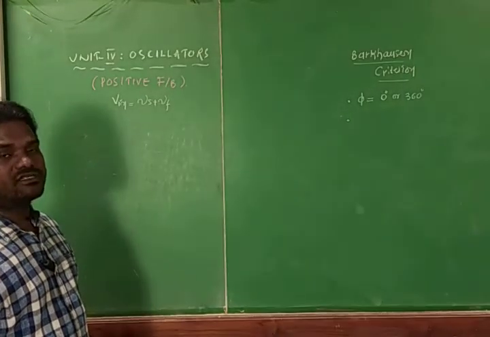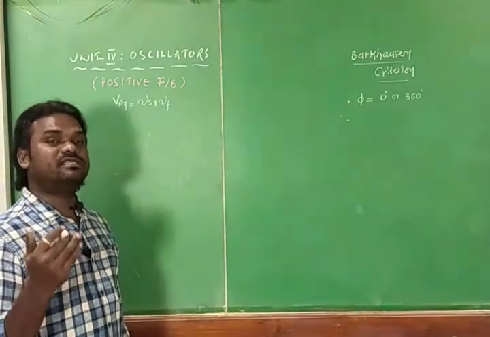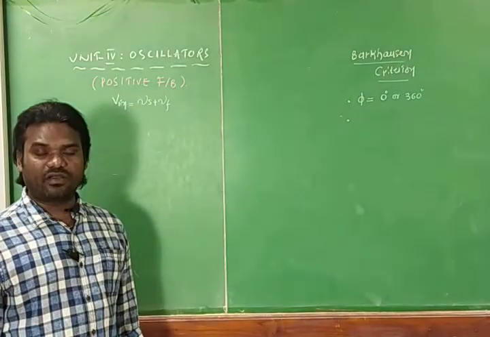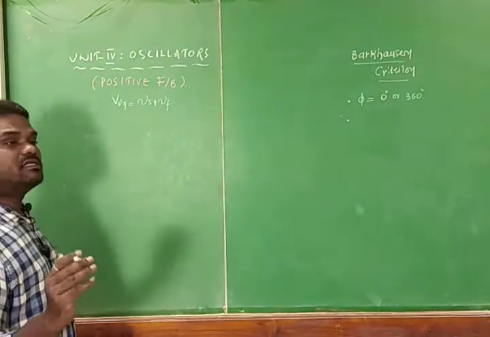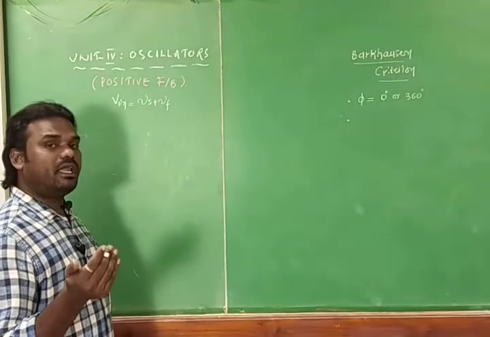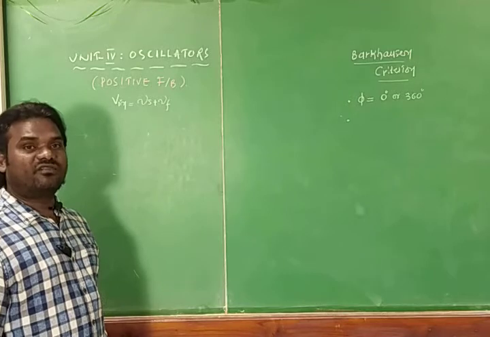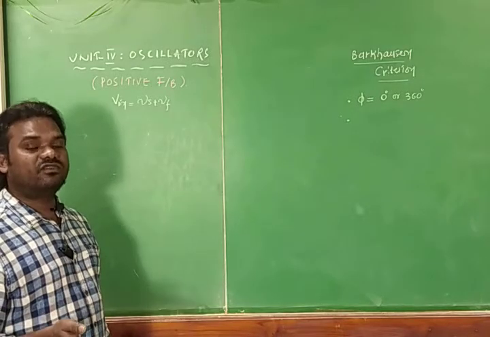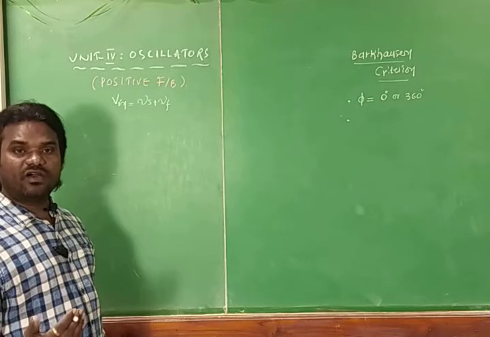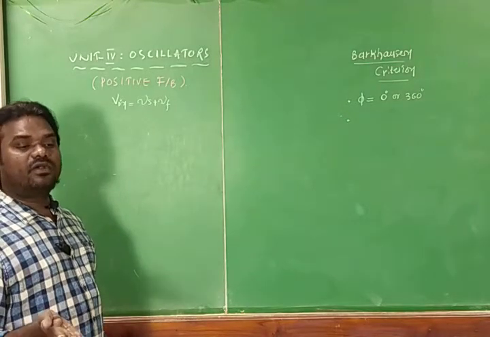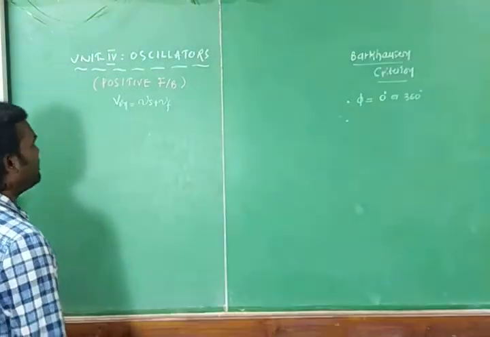In case of negative feedback, gain is not infinite; gain will be stable. One of the advantages of the negative feedback amplifier is that the gain is stable. The stable gain we can achieve by making use of the negative feedback amplifier, whereas in case of positive feedback, gain will be infinite, because input keeps on increasing, output also keeps on increasing, so the gain will be infinite.